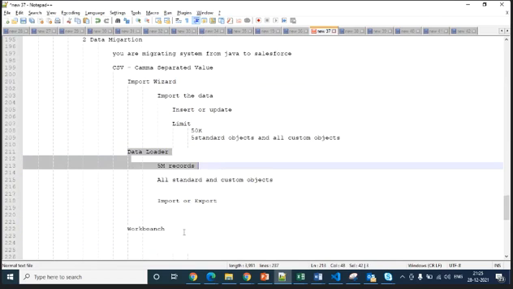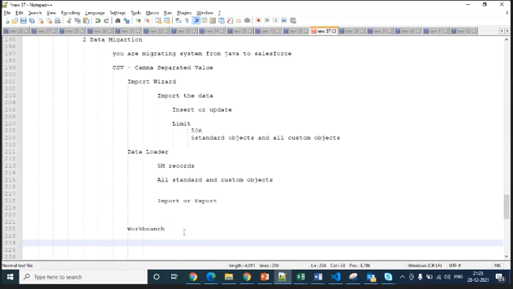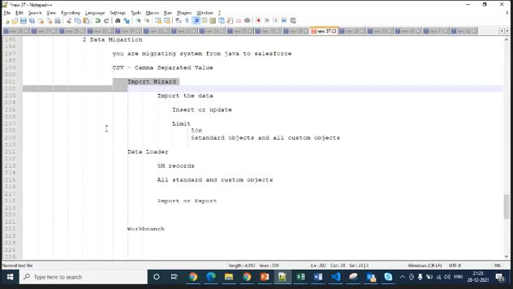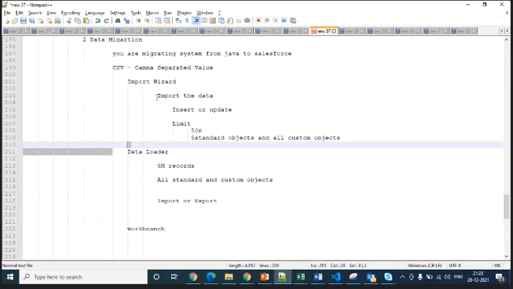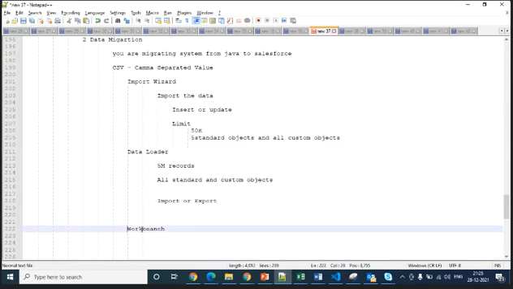The same thing which you can do from the data loader, you can still do through the Workbench as well. Okay, clear? That means there is no difference between data loader and Workbench. It's just a third-party external system, built by external people as a tool.